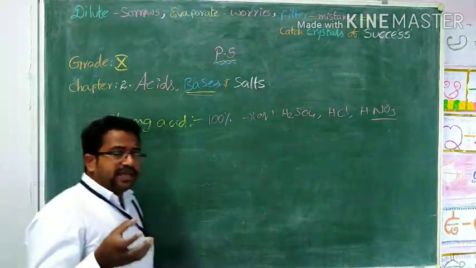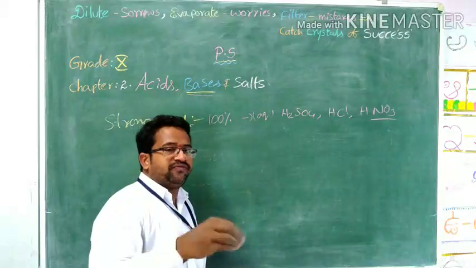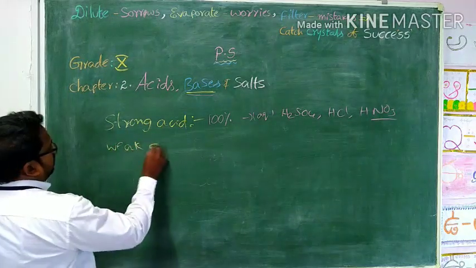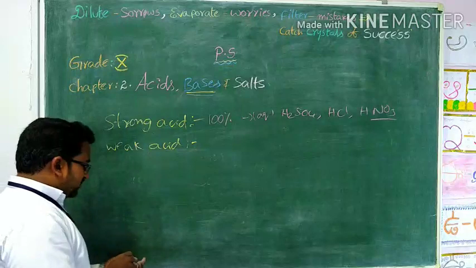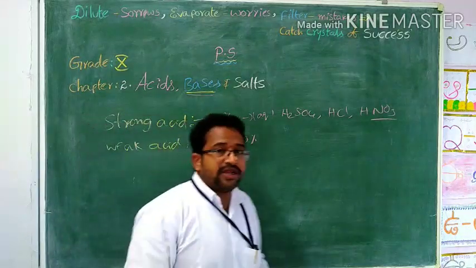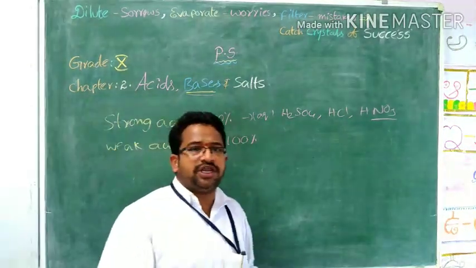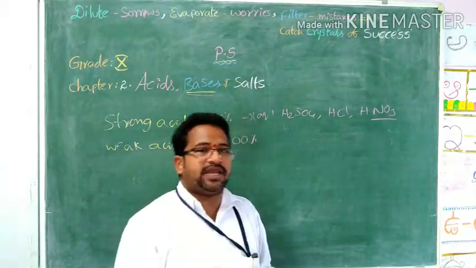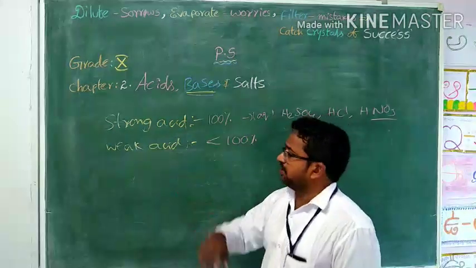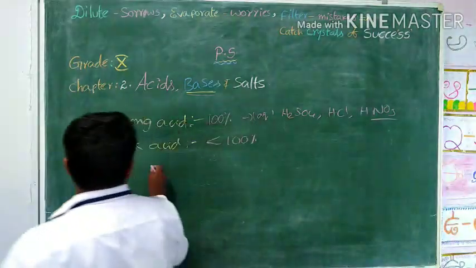Understand what is strong acid? The acid which is completely ionized in the presence of aqueous solution. If we take 100, 100 ions have to be formed. Now weak acid. Weak acid means the acids which are ionized less than 100% in aqueous solutions. They may not be completely ionized, only partially ionized. The acids which are incompletely ionized, less than 100% ionized in the presence of aqueous solution, are called weak acids. Right. Less than 100%. For example, you already know about vinegar,